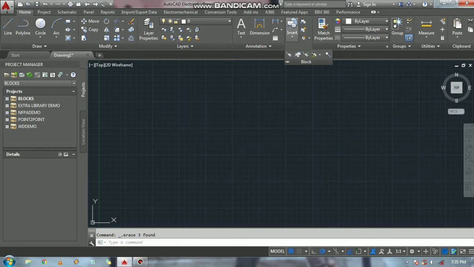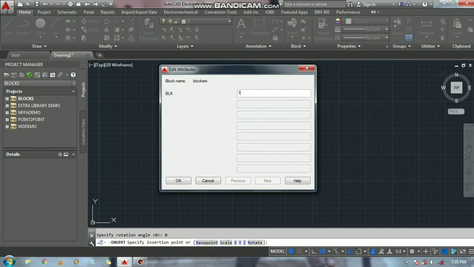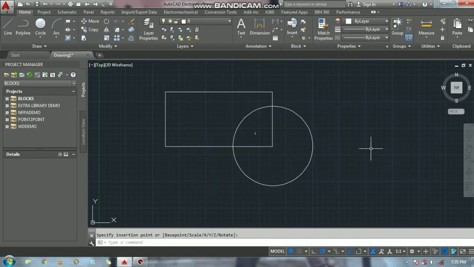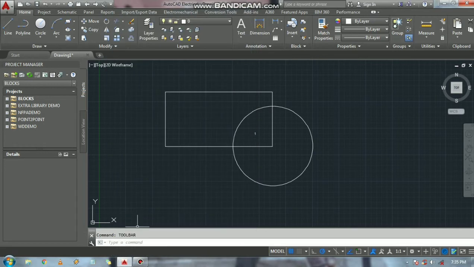Now I am going to delete. If I want to make it permanent, I am going to take it as a tool palette. In the command section, I go to tool palette. In the tool palette there are a lot of symbols created by users.